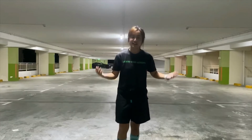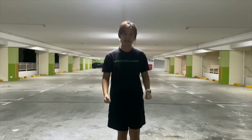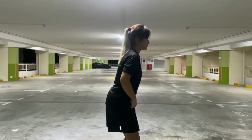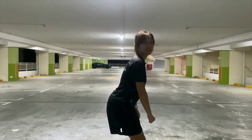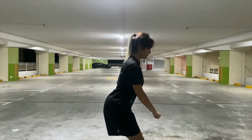Okay, for the progressive exercise, it's actually very simple. Instead of using a resistance band, we can use weighted dumbbells instead. By using a weighted dumbbell, you are adding more weight and resistance to the exercise. So the plane of motion is still the same. Hinge your hips, bend your knees a little bit, and imagine as I'm holding the weighted dumbbells, you are still pulling the dumbbells close to you,